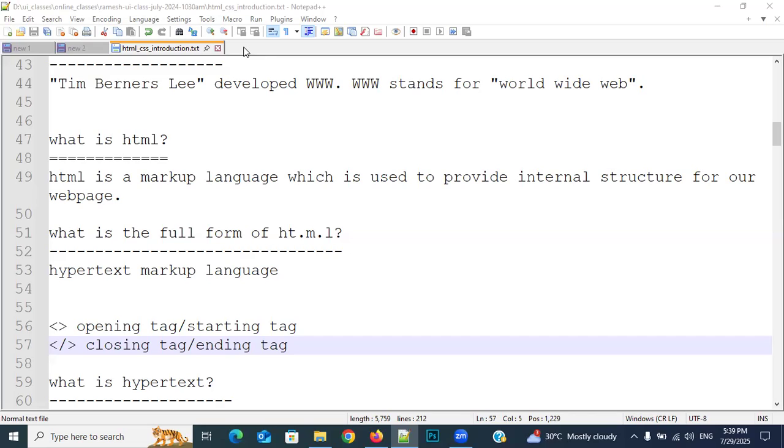The translators can be called interpreters or compilers. What will interpreters or compilers do? They will convert our code, whatever alphabets you have written, into binary language. Sir, where should I get these interpreters or compilers? Compilers, no need to worry, HTML requires only interpreters. Sir, where should I get these interpreters? These interpreters automatically come along with the browser.